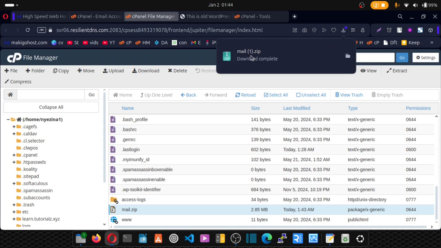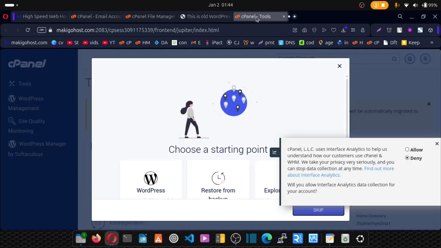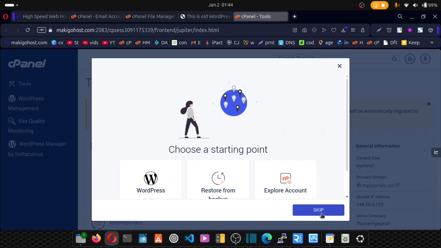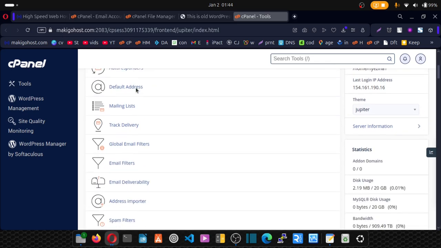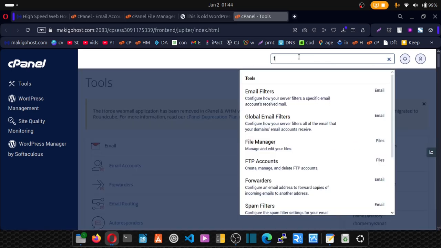All right, so now it's time for us to go to our new cPanel. So log into your new cPanel. As you can see, this is a brand new cPanel. I'll close this and escape. What I'm going to do is import my files to my public_html. So I'm looking for file manager. So just type file manager,